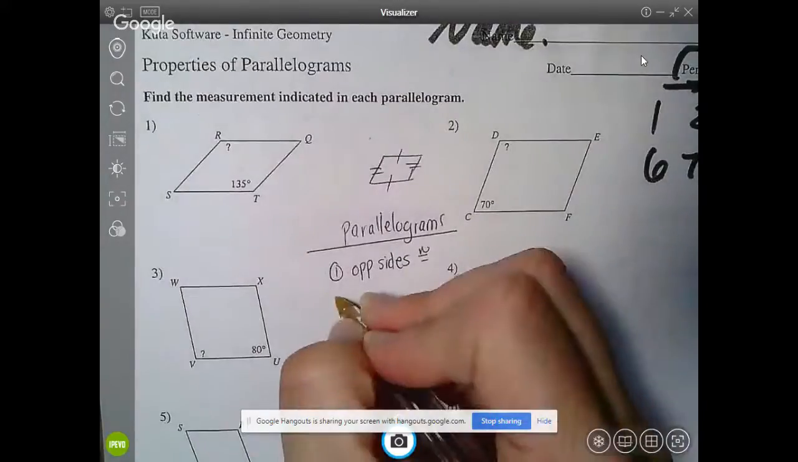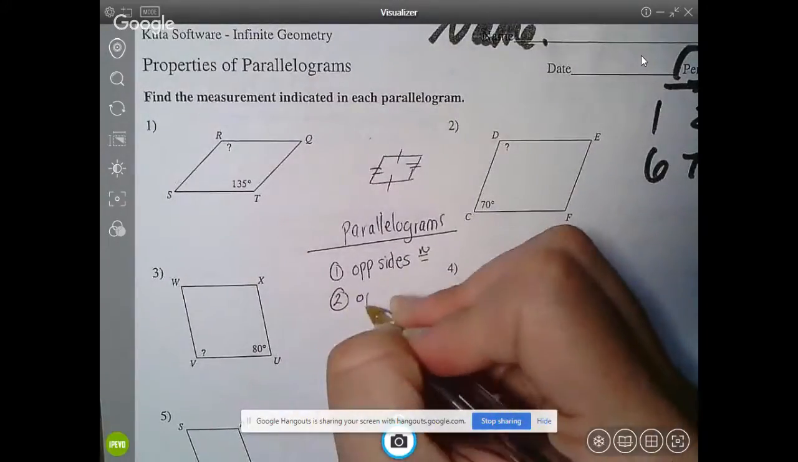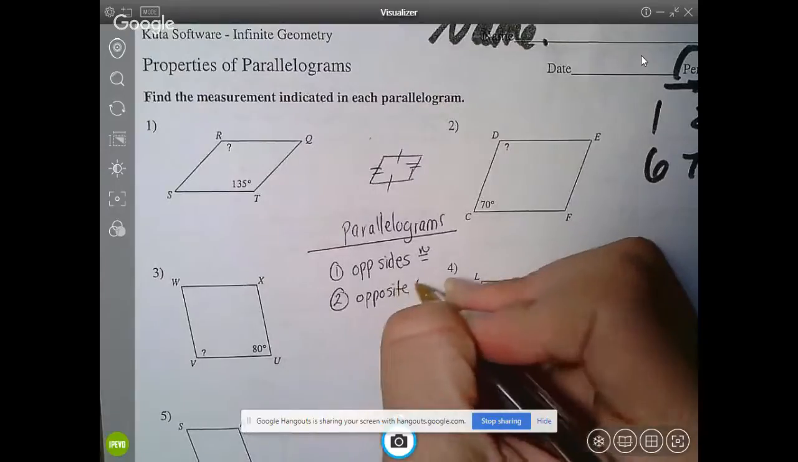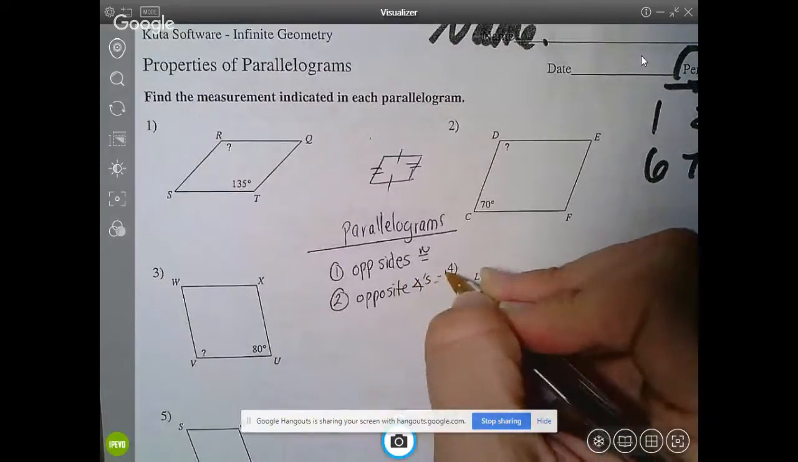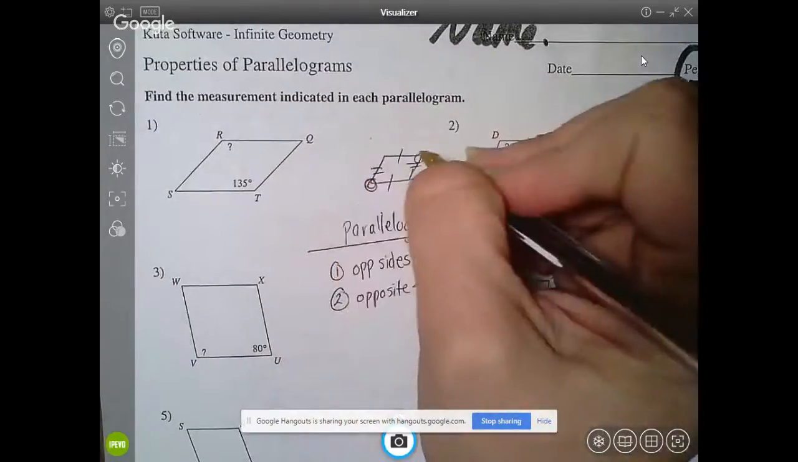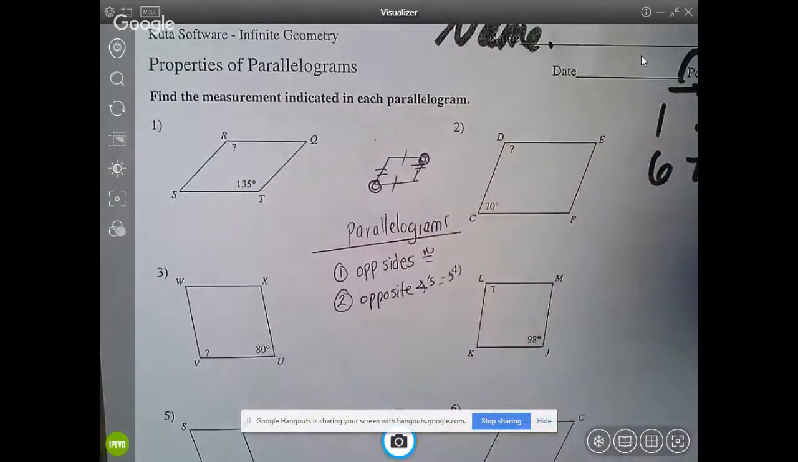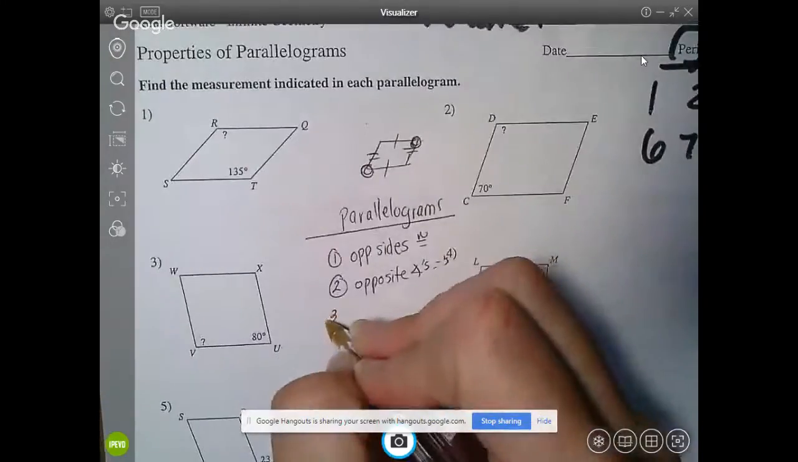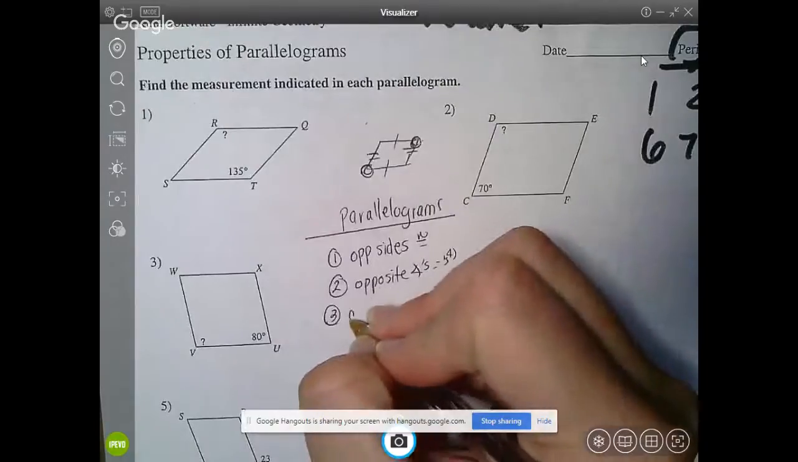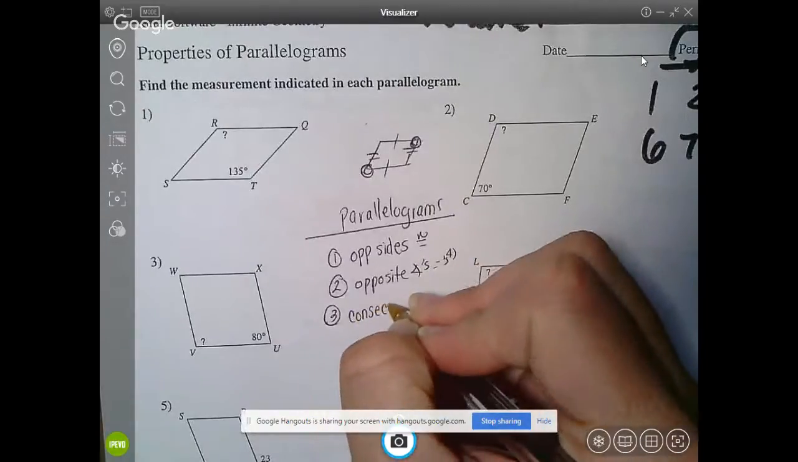The other thing that we know is the opposite angles are congruent. And when I say opposite angles, I mean the opposite corner. So literally, you'd have to walk across the entire parallelogram for the angles to be congruent. We also know that the consecutive angles